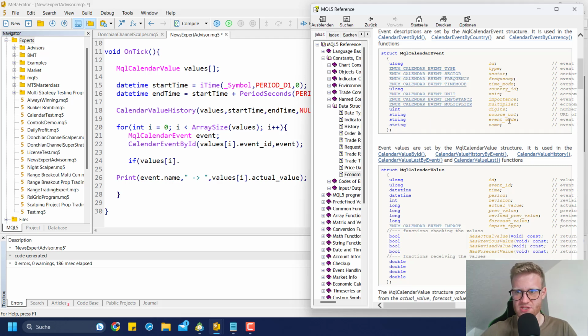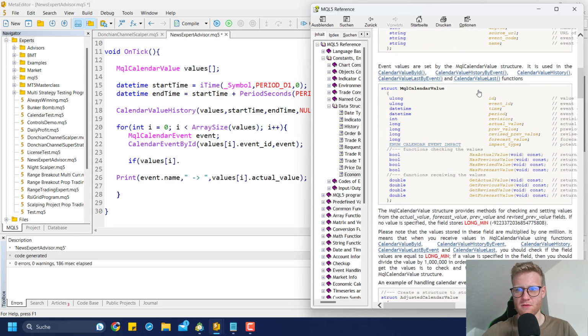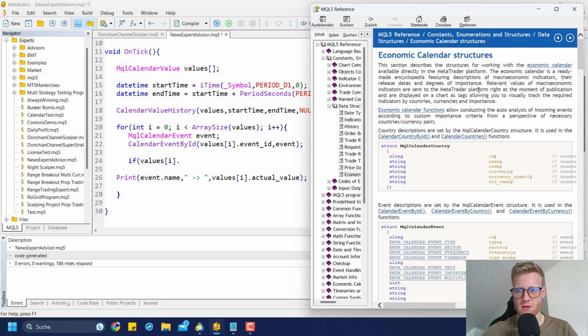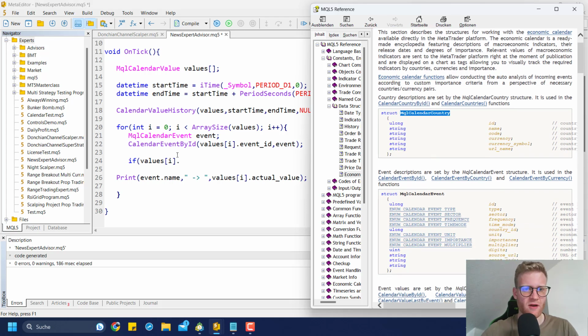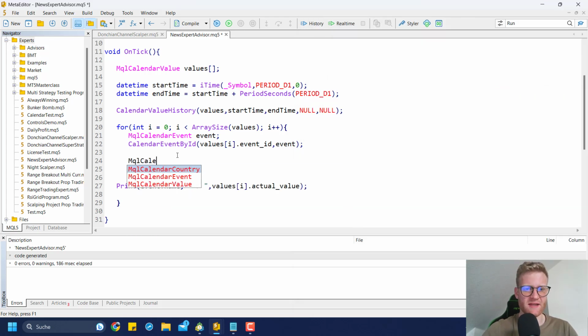Event, string, event code. I want to have the currency code. Oh, it's MqlCalendarCountry. Yeah, okay, we can also use this MqlCalendarCountry